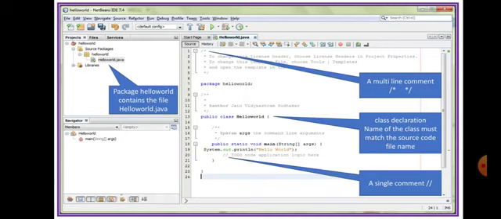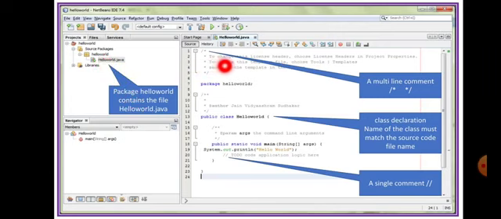Only then will your Java program give you the output during runtime. Hope I have made this clear. Only 4 points I have taught you here. One is the source package. The package hello world contains the file hello world.java. This is the package. The package name is hello world.